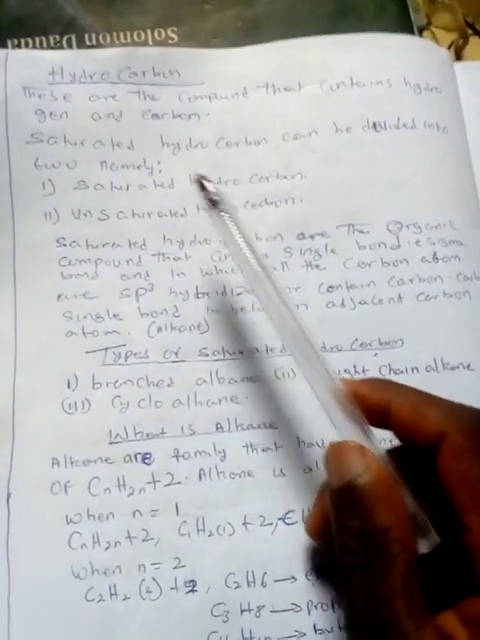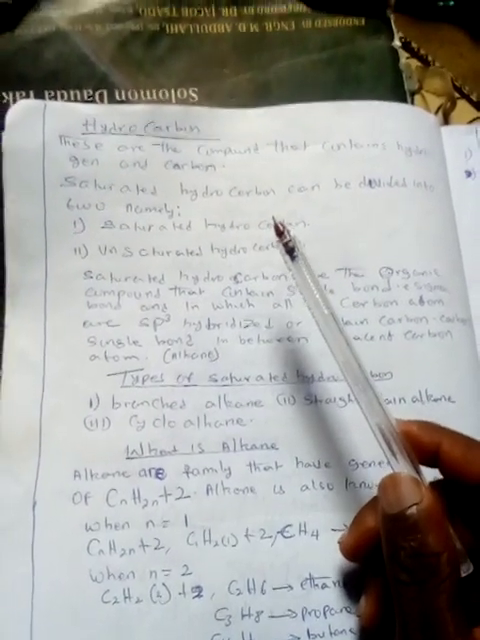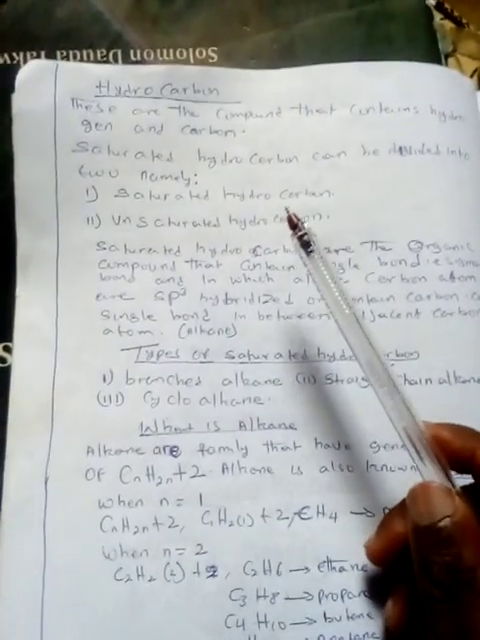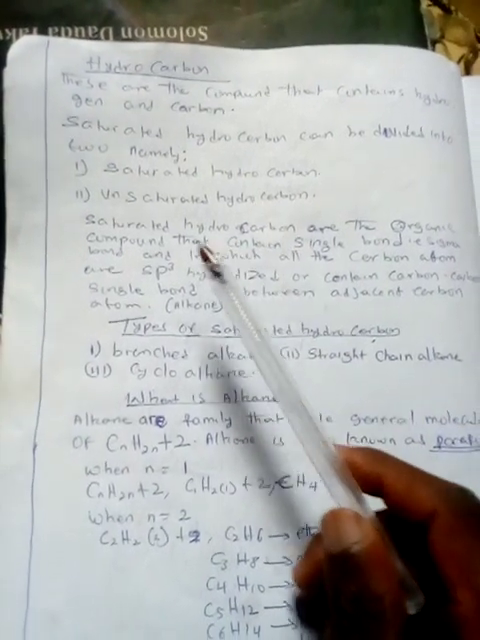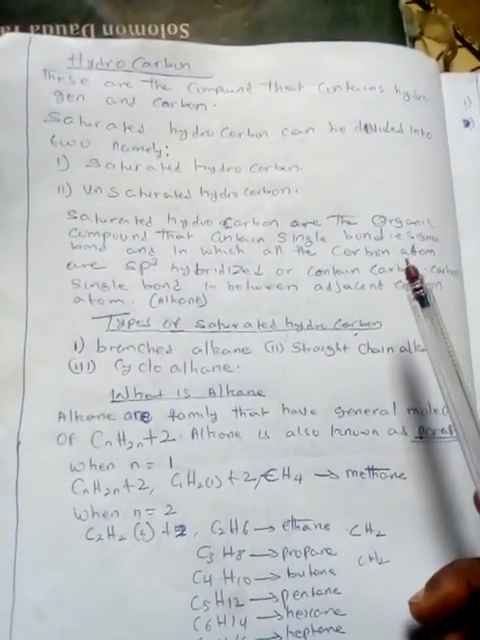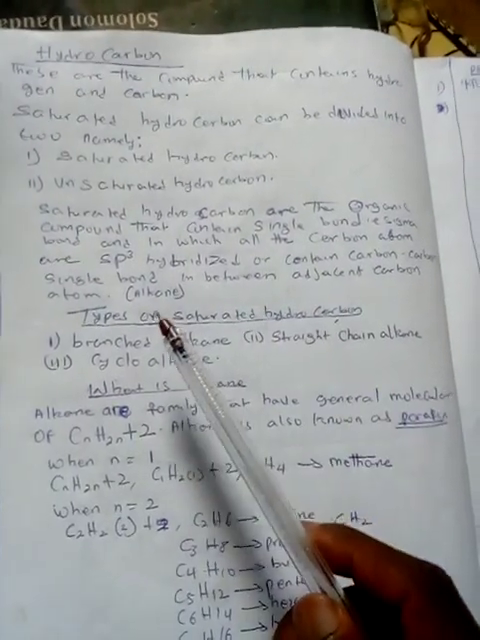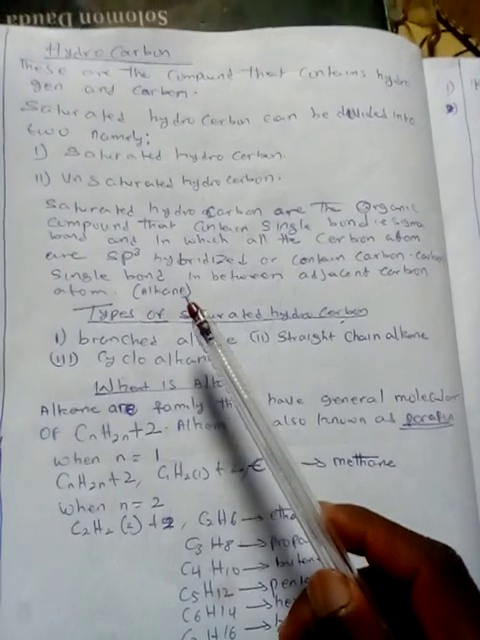We have what is called saturated hydrocarbon, and they are the hydrocarbon that contain single bond, and we have unsaturated hydrocarbon, they contain double bond. Now, saturated hydrocarbon are the organic compound that contain single bond, like sigma bond, and all the carbon atoms are sp3 hybridized. It means that it contains carbon single bond in between the adjacent carbon atoms. An example of saturated hydrocarbon is